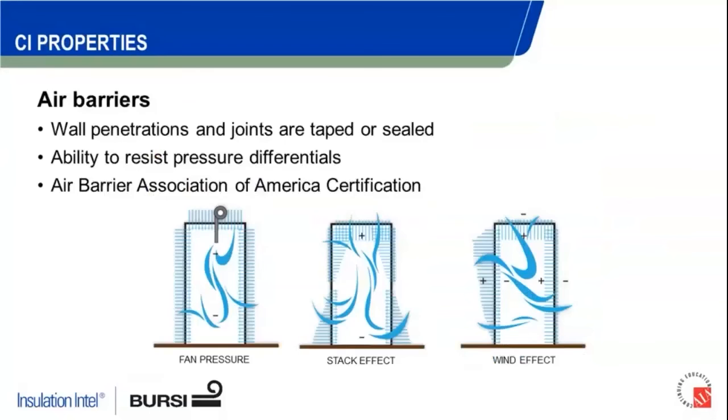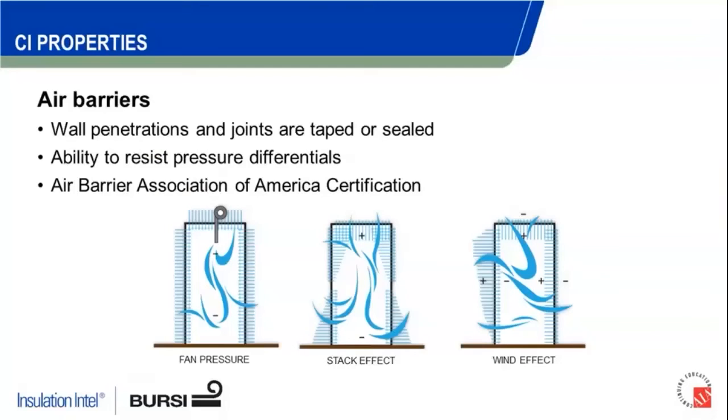So we'll talk a little bit about air barriers. Again, we kind of alluded to those earlier on in our little table. A lot of those CI materials, rigid foam boards, spray foam, of course, can function as an air barrier as well. And really that boils down to how you're treating, sealing the joints, right? We need to be either sealing them or taping in some fashion, taping the penetrations, linking those, of course, with our flashings and our other materials to create that continuity, the continuous layer,